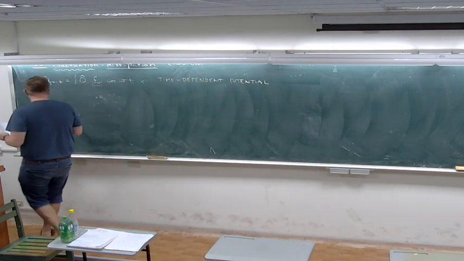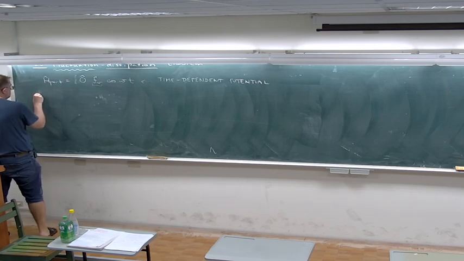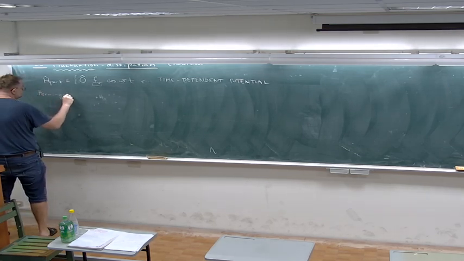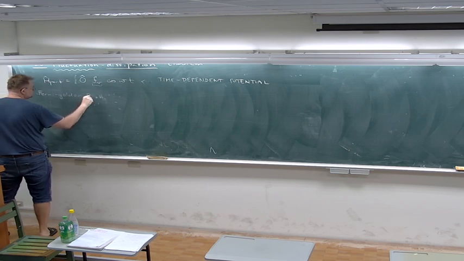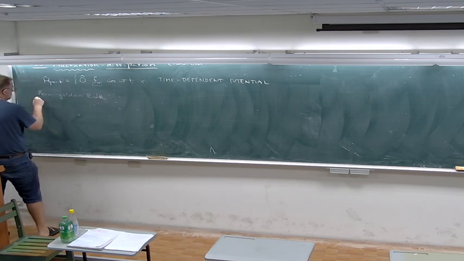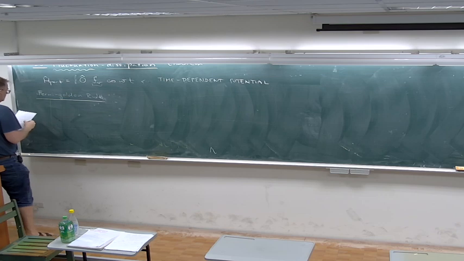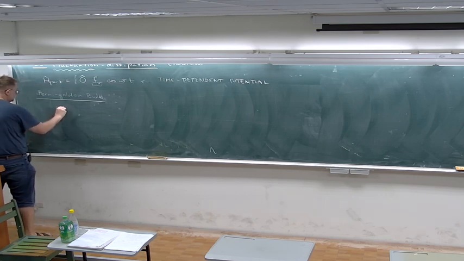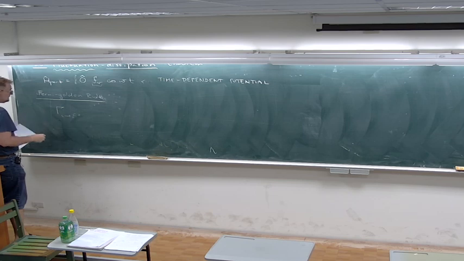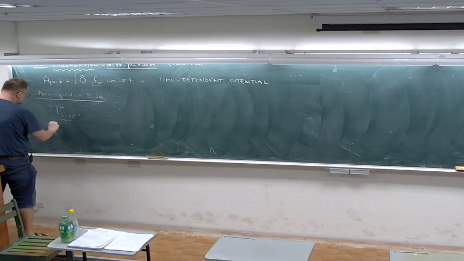And this Fermi golden rule is telling you something like that, that the probability,